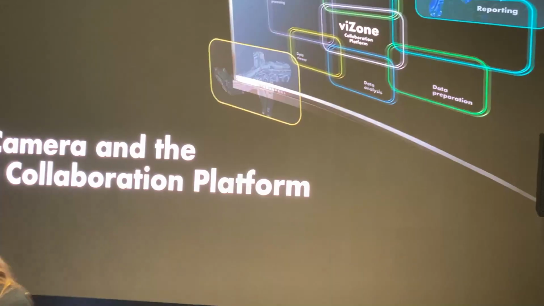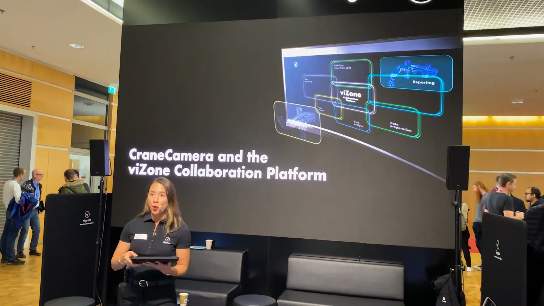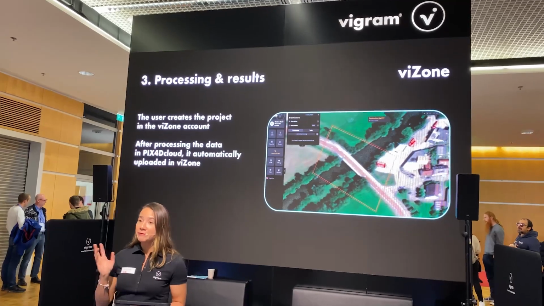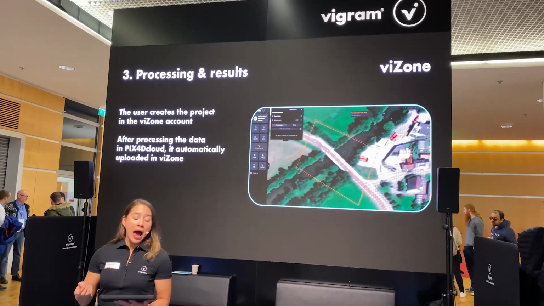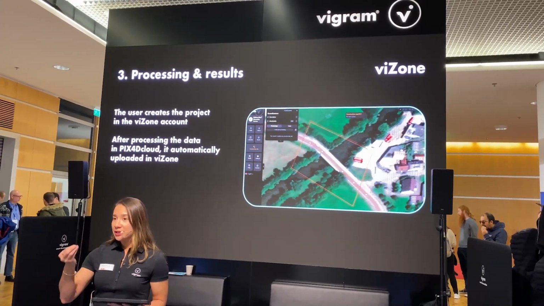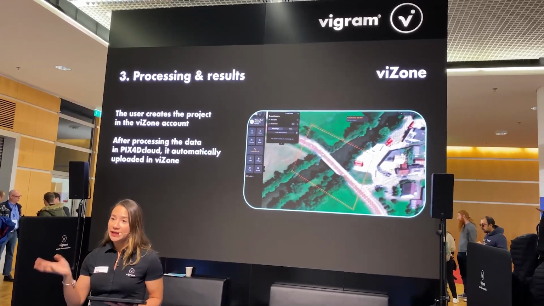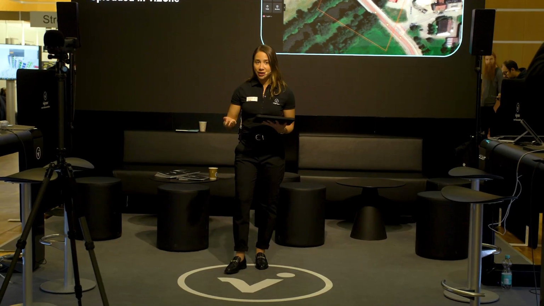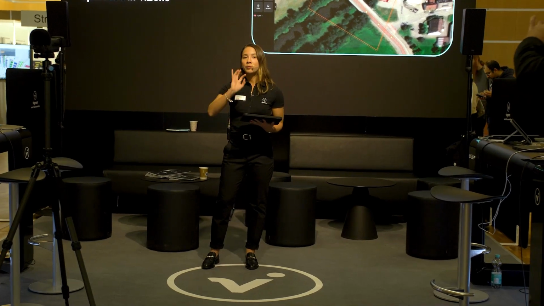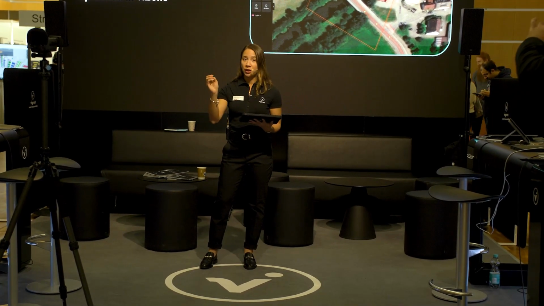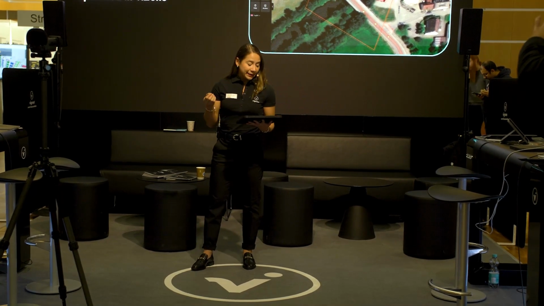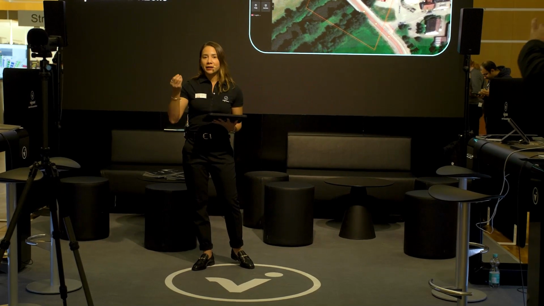Well, how do the crane camera and the viZone collaboration platform work? The customer must create a project in his viZone account, and once Pix4D Cloud Advanced processes all the images, our system will receive a notification. Our system then will automatically upload all the products to viZone. The customer doesn't have to do anything manually. Our system does. Then all the stakeholders can see the data